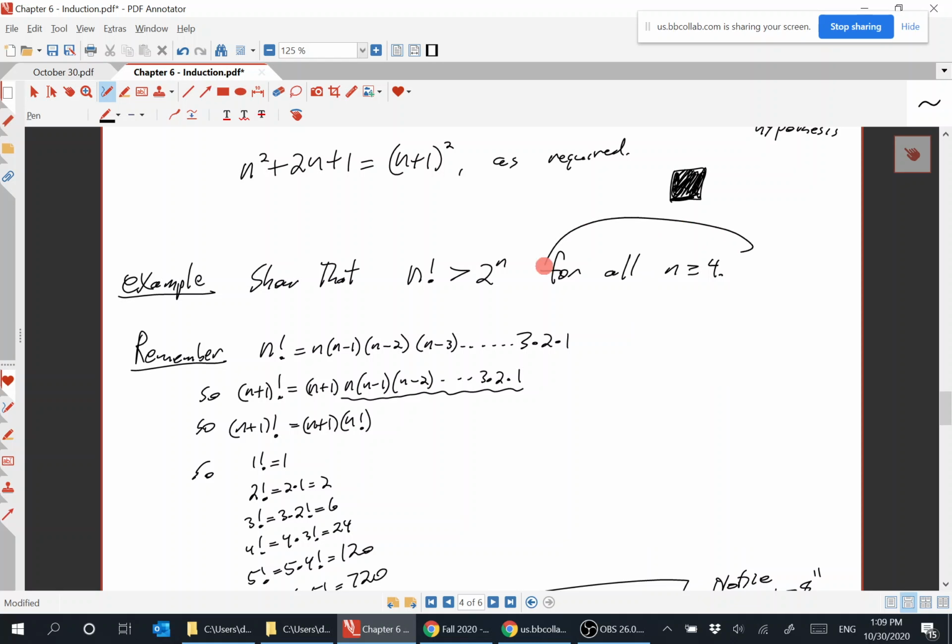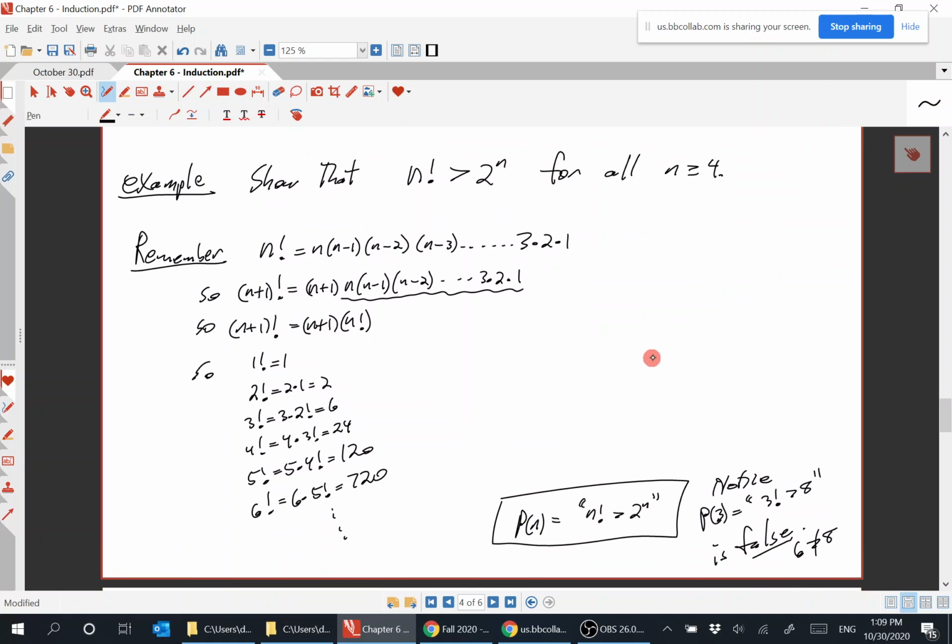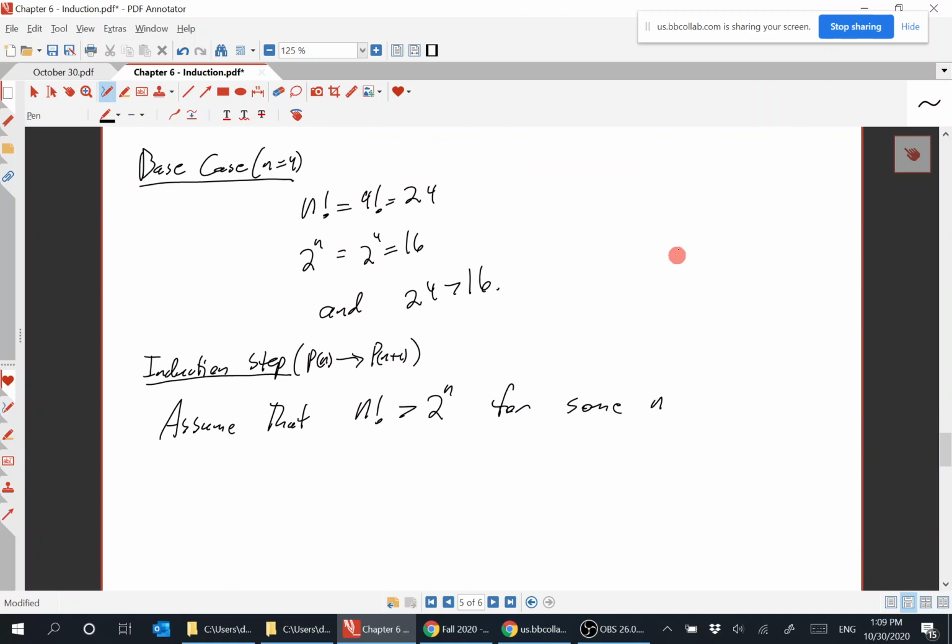So you're trying to show it's true for all n bigger than or equal to 4, so you can't assume that it's true for all. Right, so this is not a valid proof technique. Prove that pigs fly south for the winter. Well, pigs fly south for the winter, therefore it's proven, right? You can't just sort of state it. So for some n in the domain,